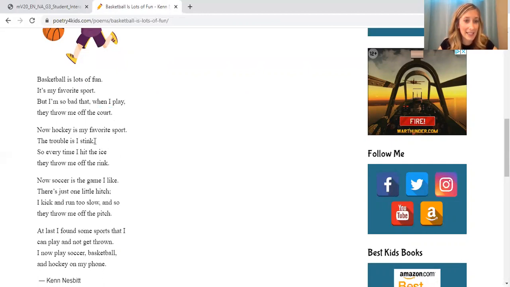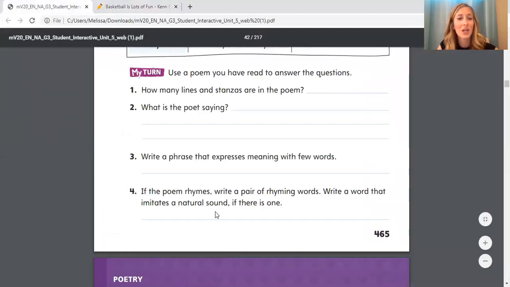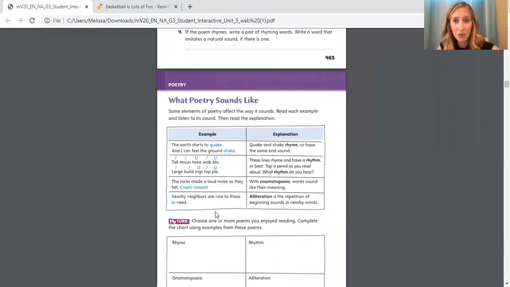In the next stanza, I see in the second line of this stanza stink, and in the fourth line, ring. Go ahead and find the rest of the rhyming words and choose 2 that you want to write down in your student interactive. Okay, we're going to move on to the next page. We're moving on to page